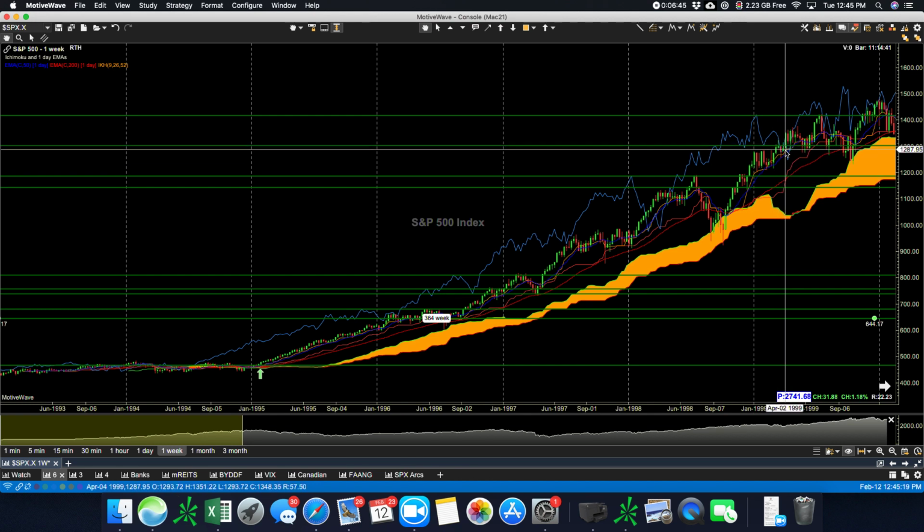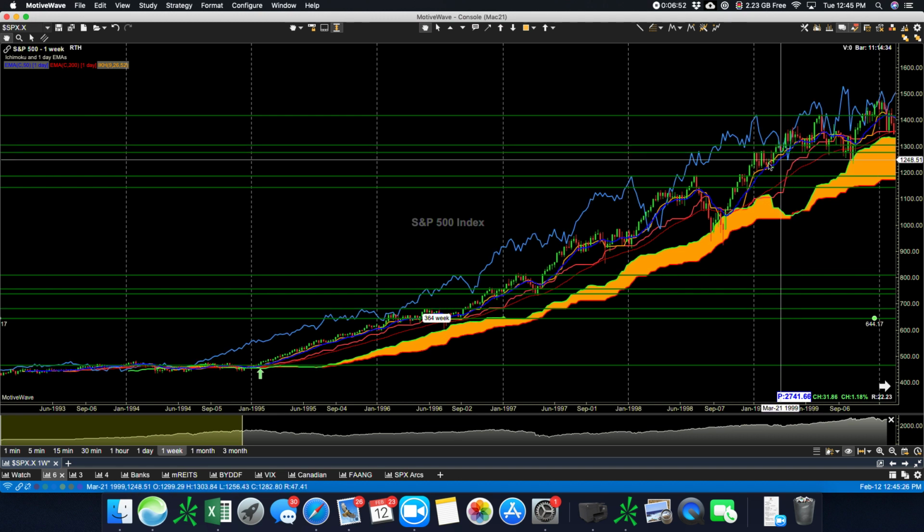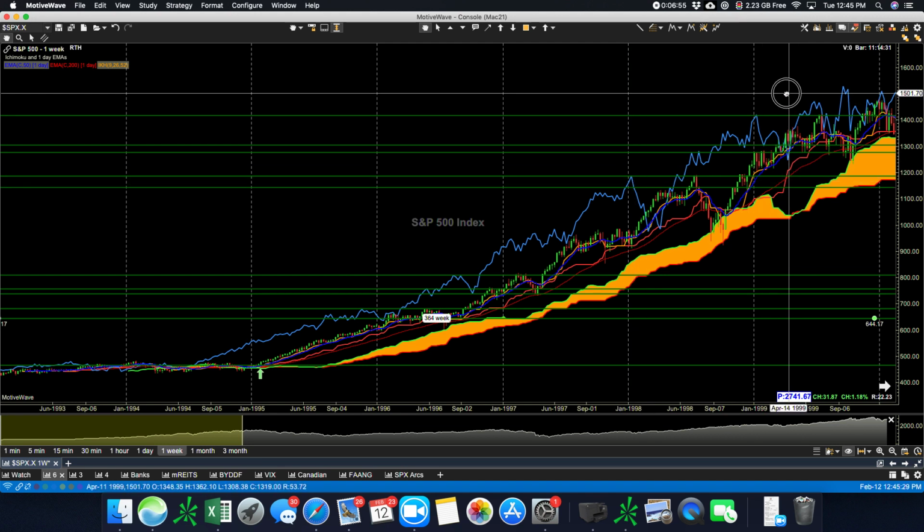It comes down, tests the candle support, and breaks through the candles here. Where it breaks through the candles, we're out. But we still have profit because we got in back here. Our next,